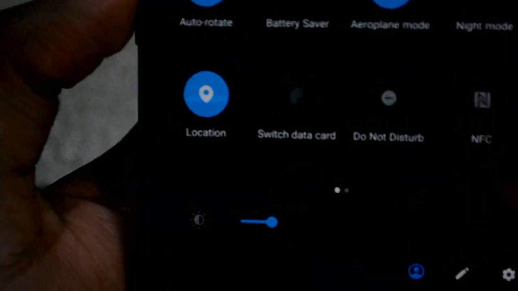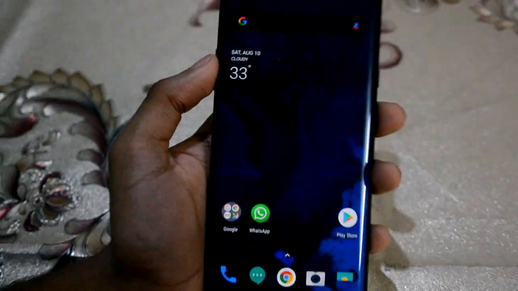So guys, that is it for this video, and this is the Android Q developer preview on the OnePlus 7 Pro. If you want to install it, you can install it